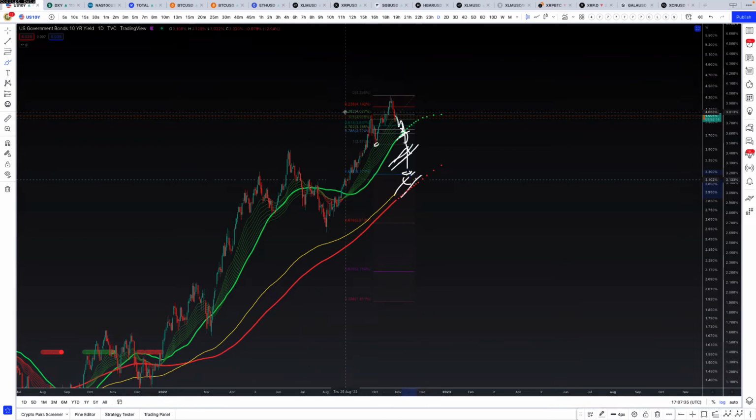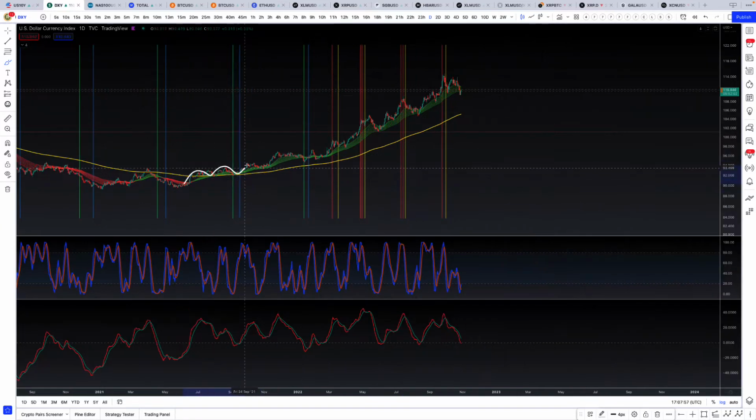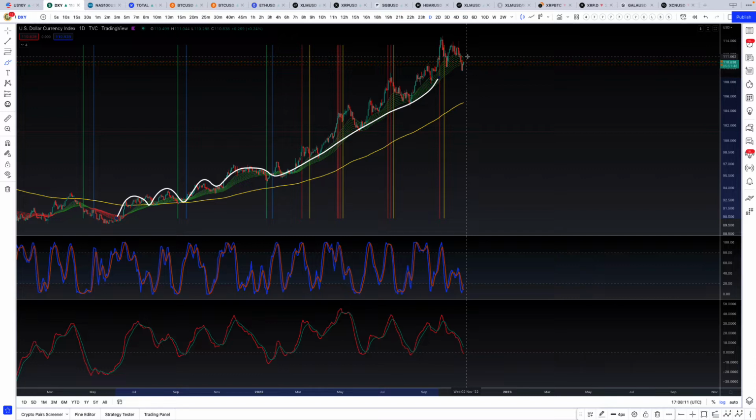So now if we go to the dollar, we can see we're on the daily chart. And ever since like June of last year, we flipped this bullish and we've been holding a support. You can see that this whole time support. Now we're below it. We're in the lower kind of realms of it. So what I want to see is us get rejected, not get back above like